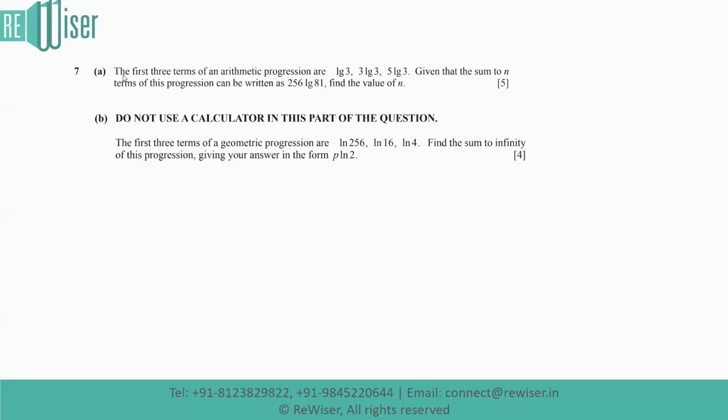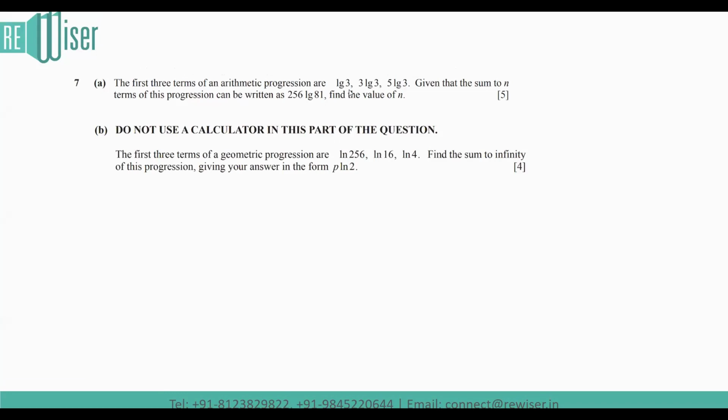Hello students, the first three terms of an arithmetic progression are log 3, 3 log 3 and 5 log 3. Given that the sum to n terms of the progression can be written as 256 log 81, we need to find the value of n. So to answer this question 7a, the terms are log 3, comma, 3 log 3